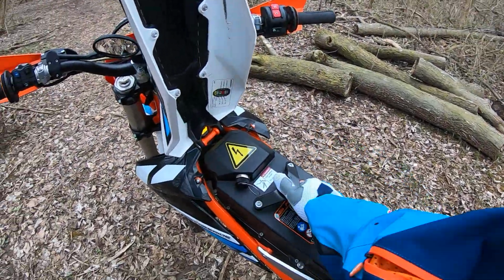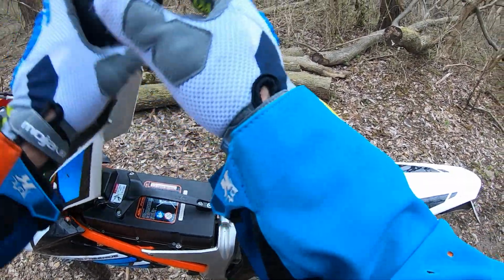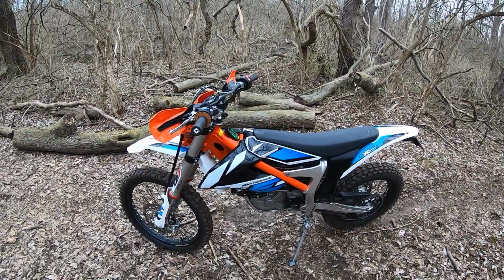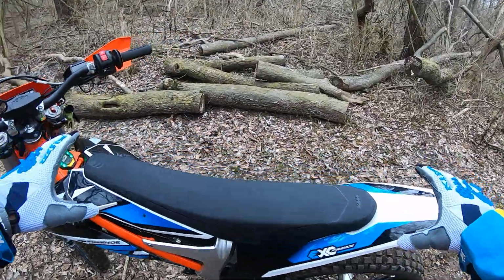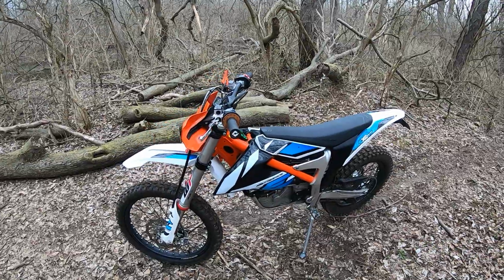It's got this flip-up seat. Here's the battery. Here's where you charge it. Here's a little baby battery. I replaced that once. And other than that, for 4 years, I've just been riding the thing. It is awesome. It's fun to come out. It's nice and quiet. This thing is kind of a cross between a dirt bike and a trials bike, because